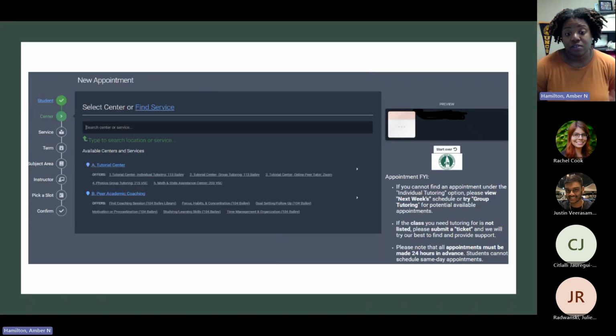centers. So I started out as a single center, just having only the Center for Career and Academic Progress on here. It umbrellaed the peer academic coaching team, myself, and the math team, and the writing center. But now we've divided it to where it's myself, the tutorial center, and then the peer academic coaching has their own centers, because we've realized with a lot of the information that we capture from Accudemia, there's a lot of rich data, which I'll share a little bit about in a second, that we want to make